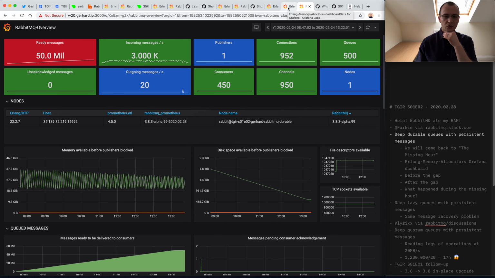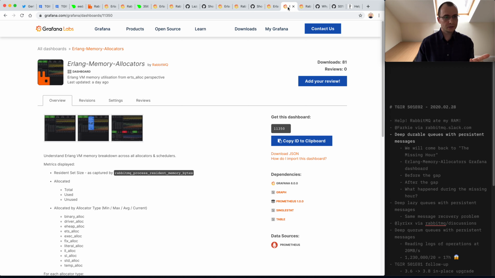So this is good and interesting, but it doesn't tell us how that memory is broken down. And for that, we have another Grafana dashboard. It's the Erlang-Memory-Allocators dashboard. And this will give us a breakdown of the memory from an Erlang VM perspective. We need to remember that the Erlang VM is the runtime for RabbitMQ, and anything memory management related happens in